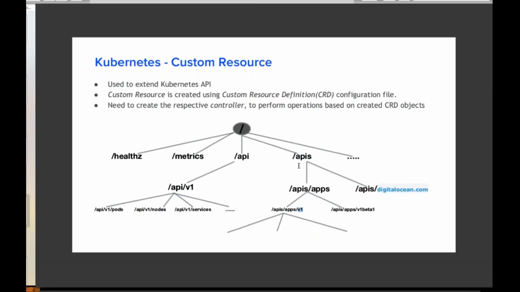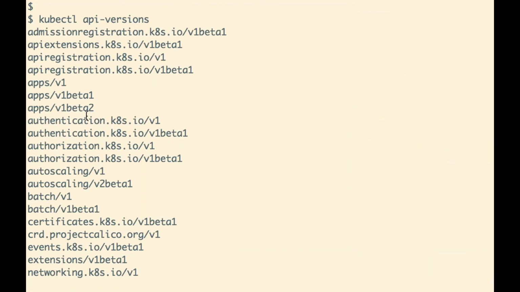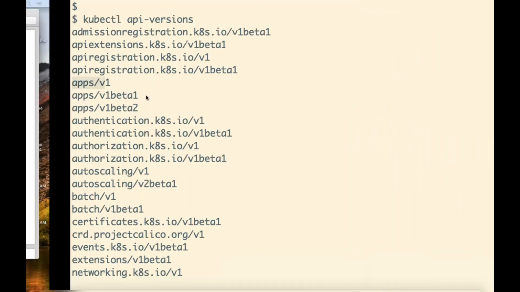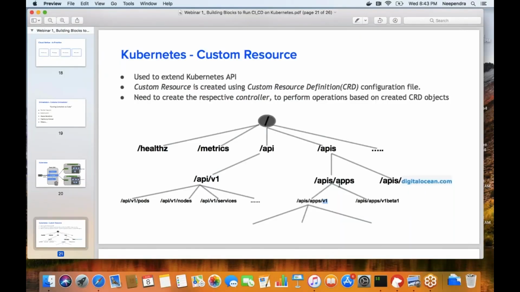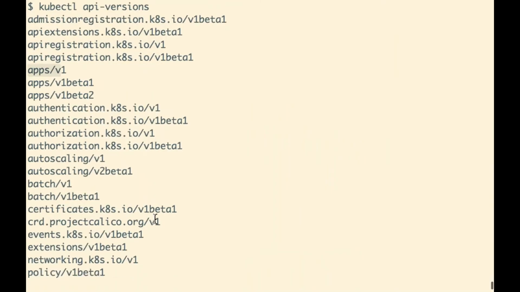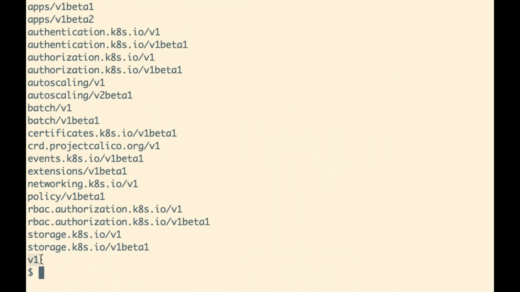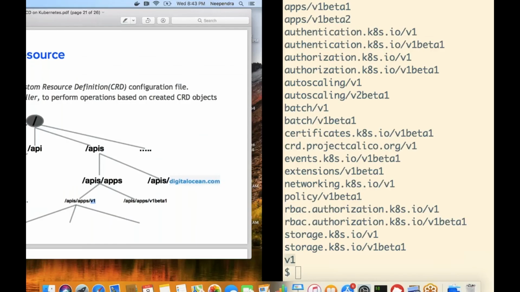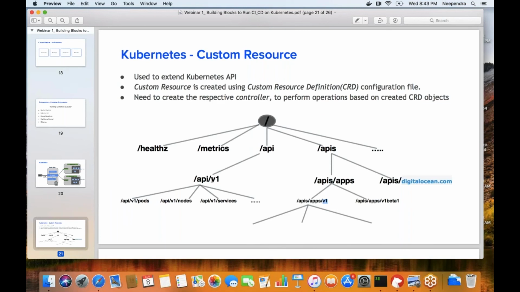So your apps group here is nothing but /apis/apps, and /api is referred to as the core API group. If you look at the output, this v1 refers to that particular API endpoint, and under it we have objects like pods, nodes, services.